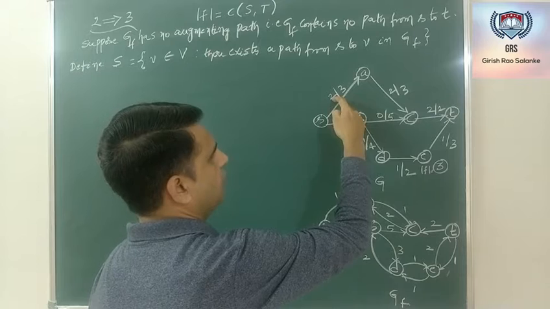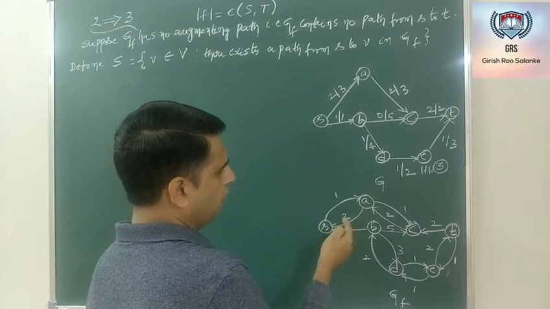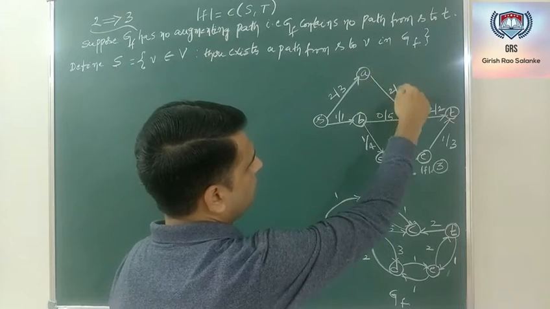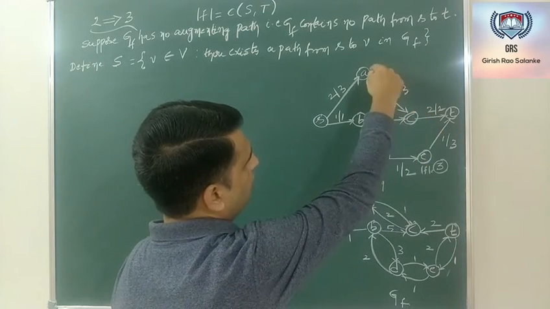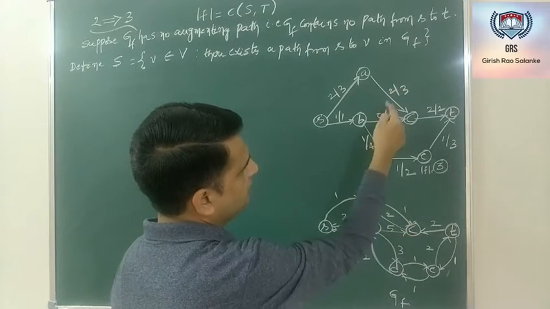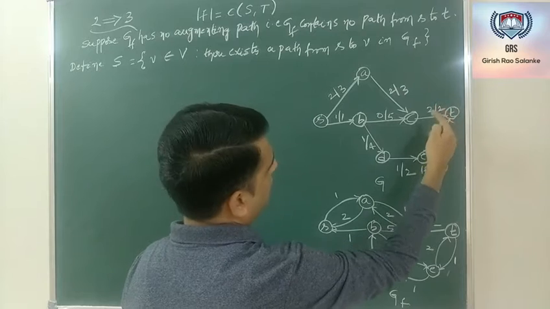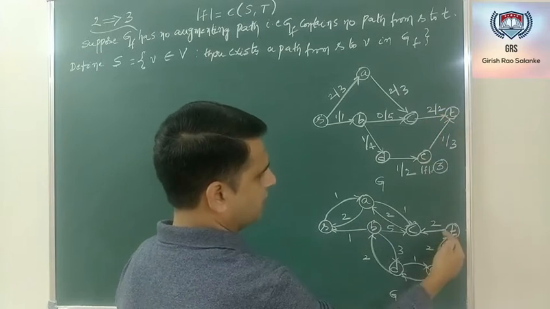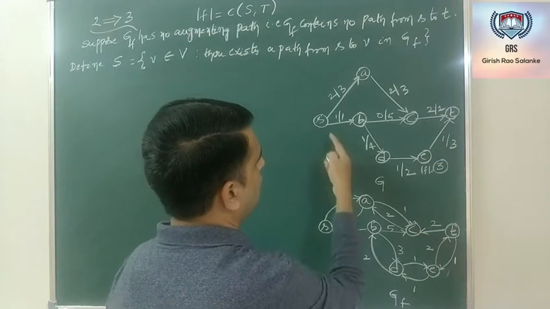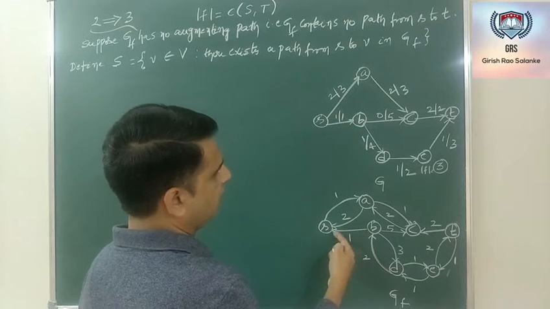Hence, I can have a forward edge with a value of 1 and a backward edge with a value of flow 2. Similarly, on this particular edge AC, forward edge is 3 minus 2, that is 1. Backward edge is flow, 2. On this, flow is equal to capacity, so I'll just have the backward edge with a value of 2. Now on this particular path, flow and net capacity are same, hence I'm having a backward edge.